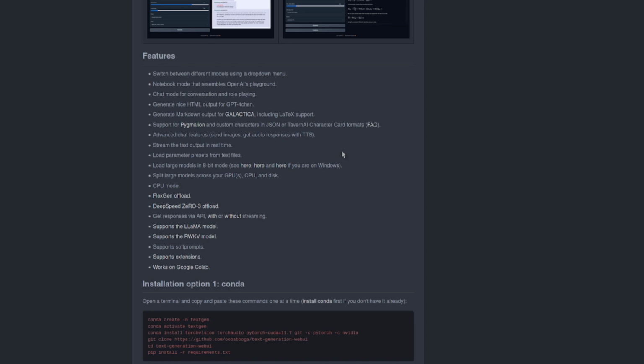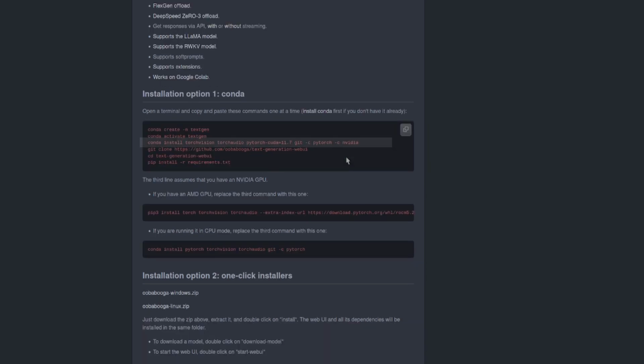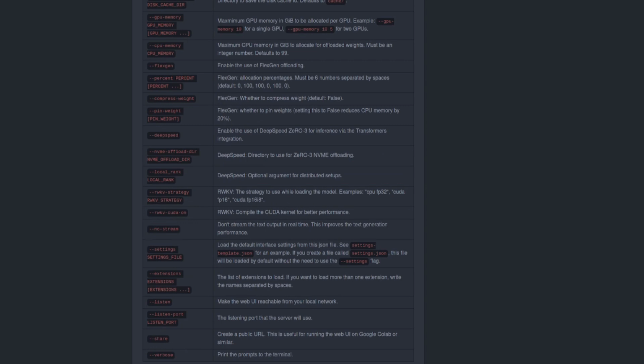I did do a quick test trying to recompile it with CUDA 12.1, but got an error, so make sure you have a compatible CUDA version, which you will if you use that Conda install line there, PyTorch CUDA 11.7. Another option which can help performance is --no-stream. That can help quite a lot in chat mode in particular. Of course, do take the time to read through all of those options to see if there's anything else in there that may be of interest to you.